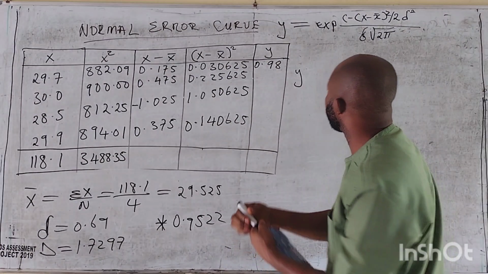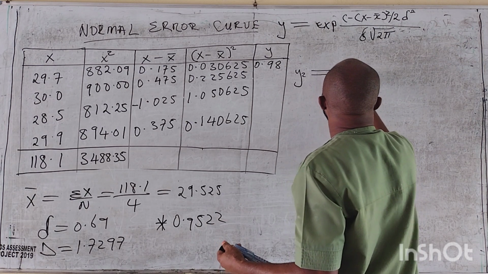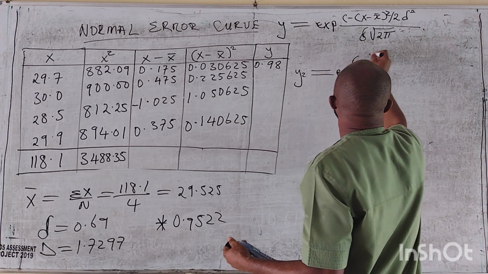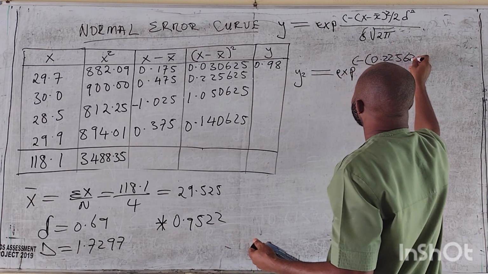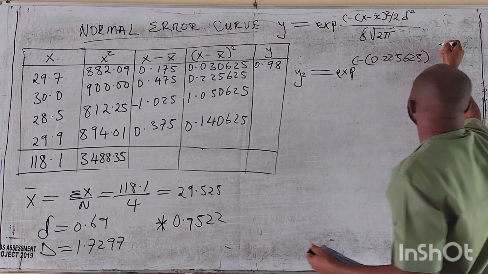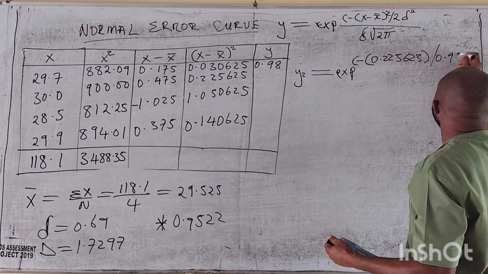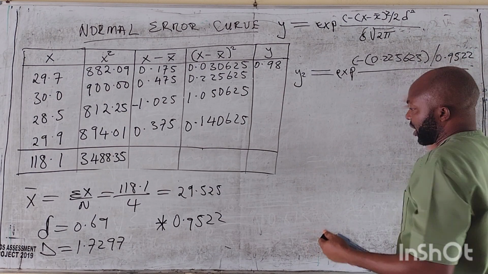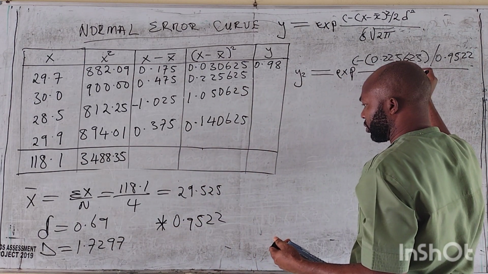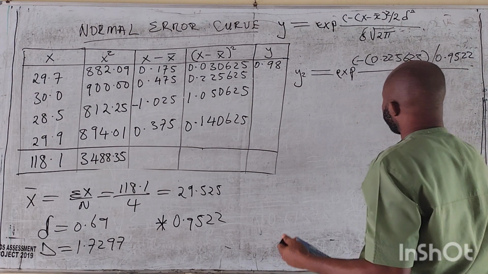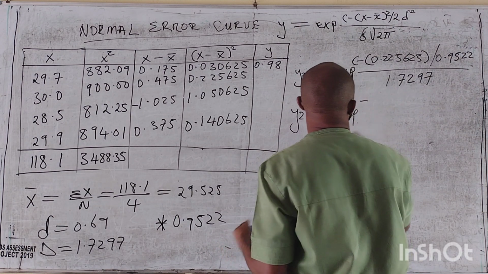Let's go for y2. This is exponential minus, open bracket, the second value here is 0.225625, close bracket, divide by 0.9522, all over the downside, which is 1.7297. My y2 is equal to my exponential minus